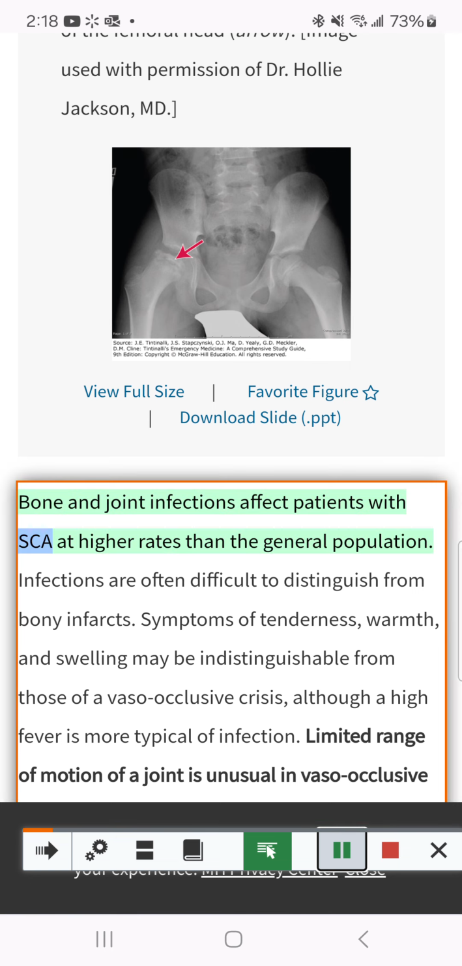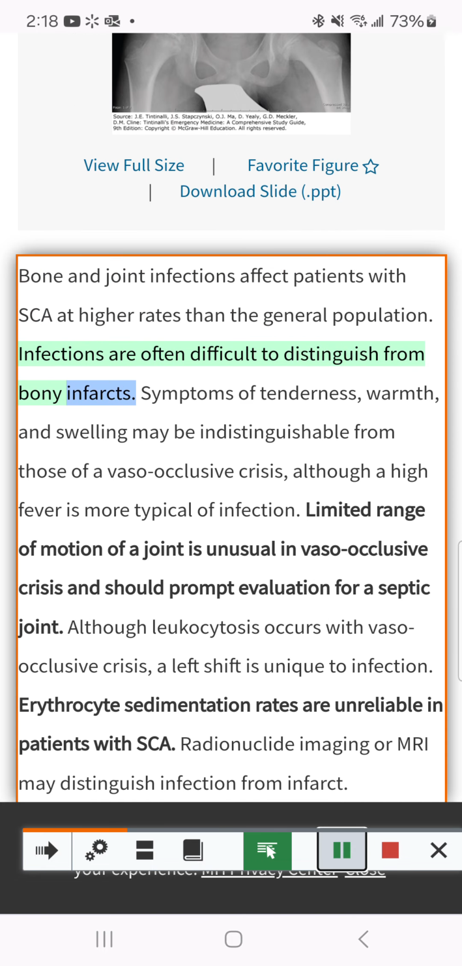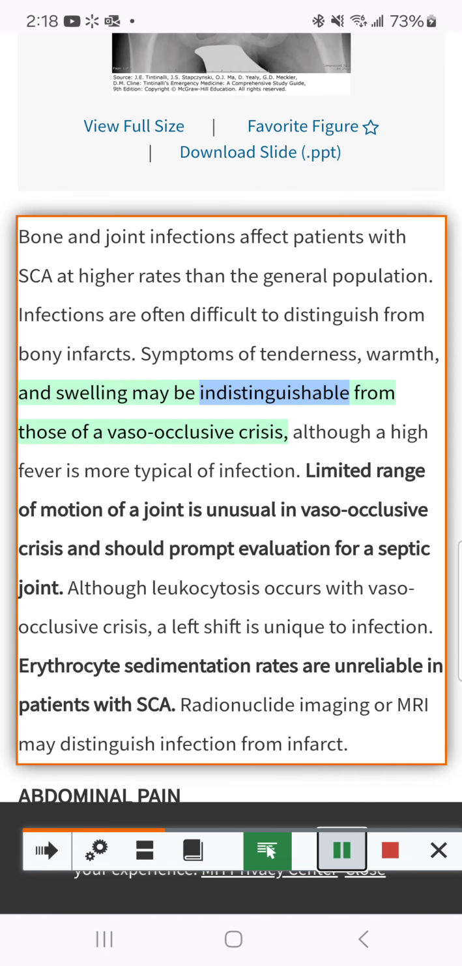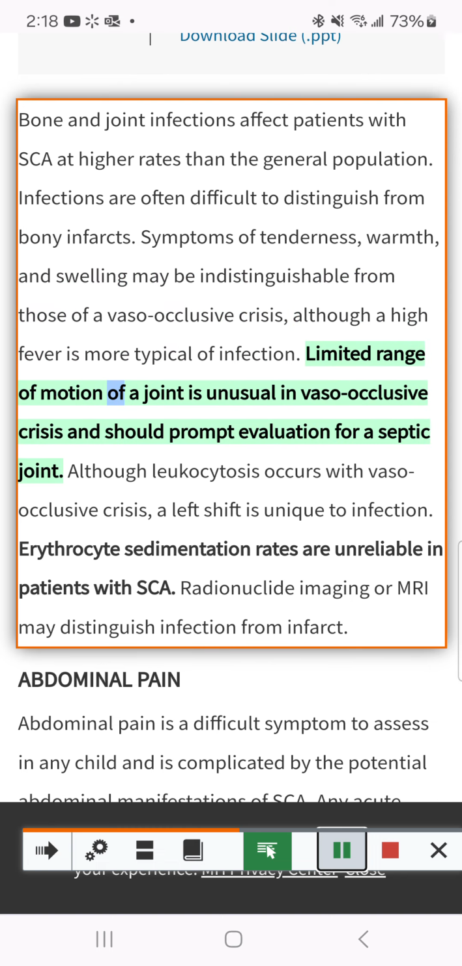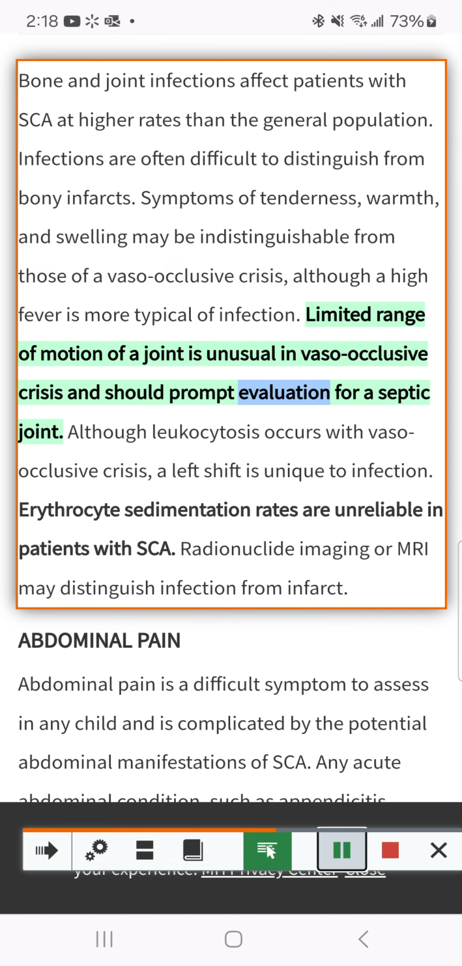Bone and joint infections affect patients with SCA at higher rates than the general population. Infections are often difficult to distinguish from bony infarcts. Symptoms of tenderness, warmth, and swelling may be indistinguishable from those of a vaso-occlusive crisis, although high fever is more typical of infection. Limited range of motion of a joint is unusual in vaso-occlusive crisis and should prompt evaluation for